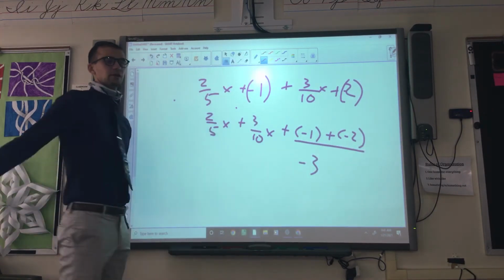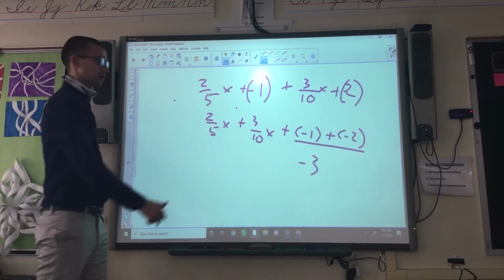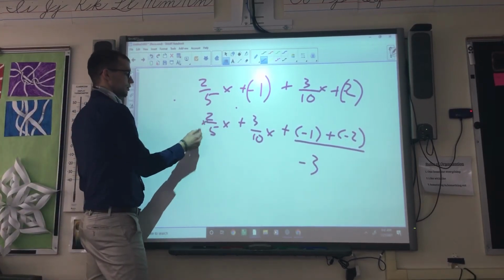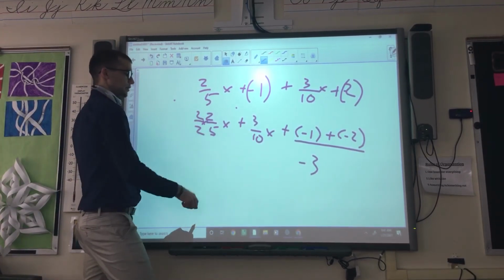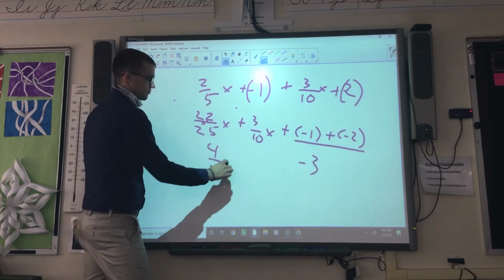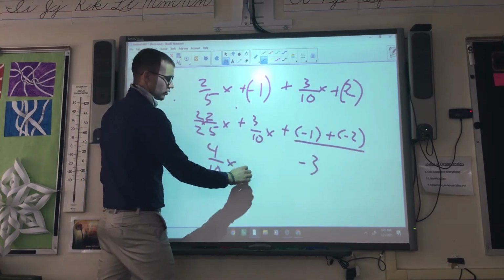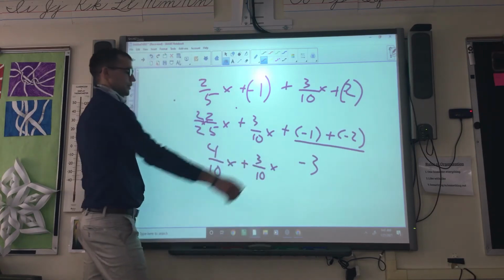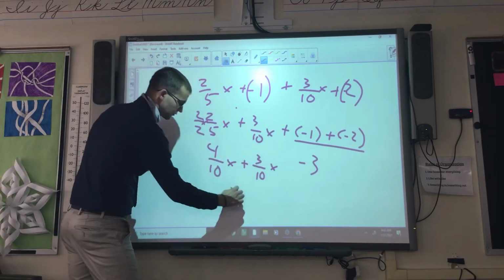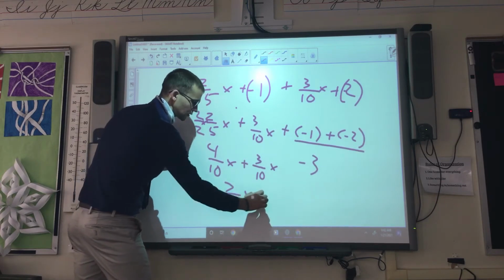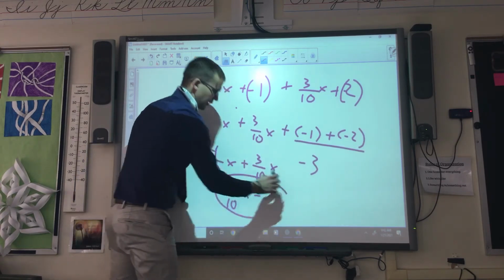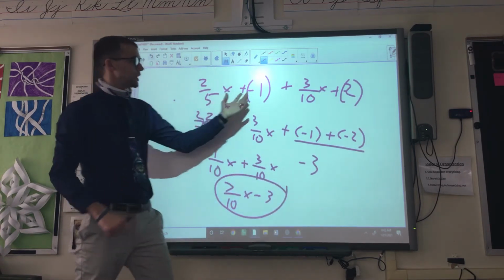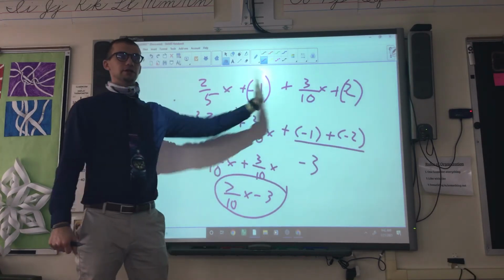2/5 x and 3/10 x. What do you have to do? You have to multiply by 2, which is getting a common what? Denominator. Yeah, common denominator. 4/10 x plus 3/10 x equals 7/10 x, and minus 3. So these ones you didn't have to move around because they were in nice, pretty order to start with,